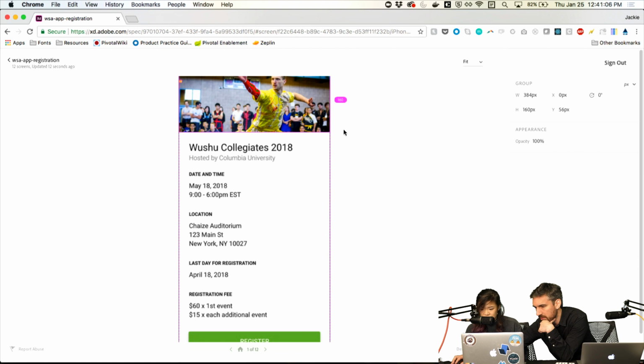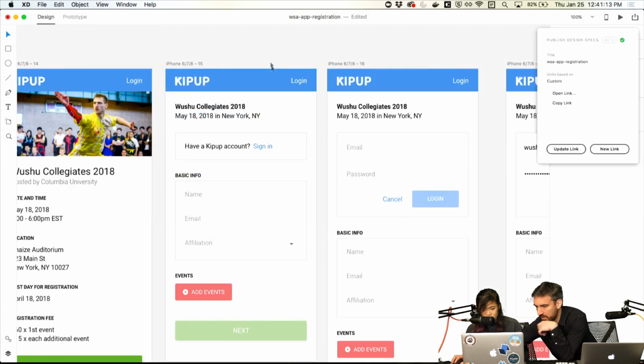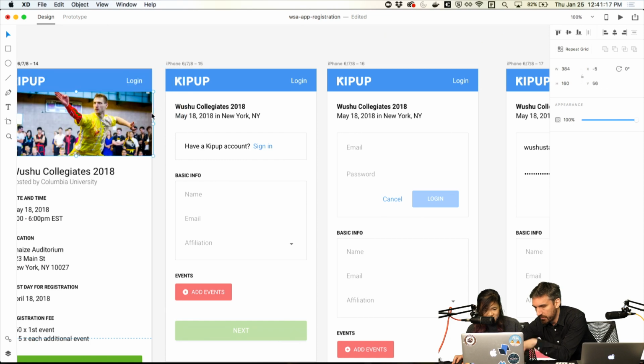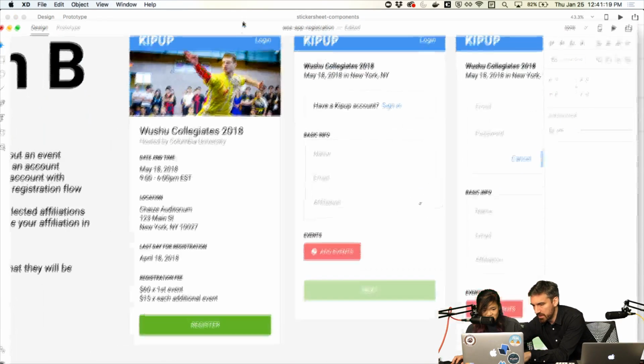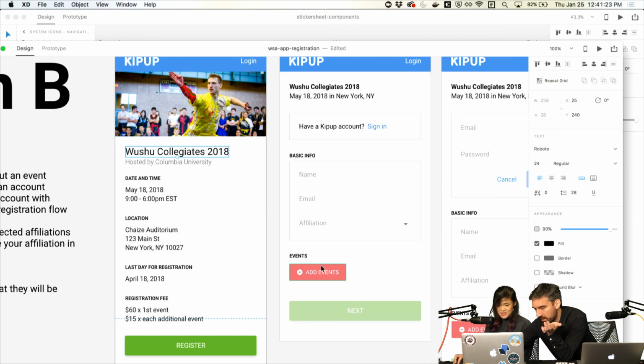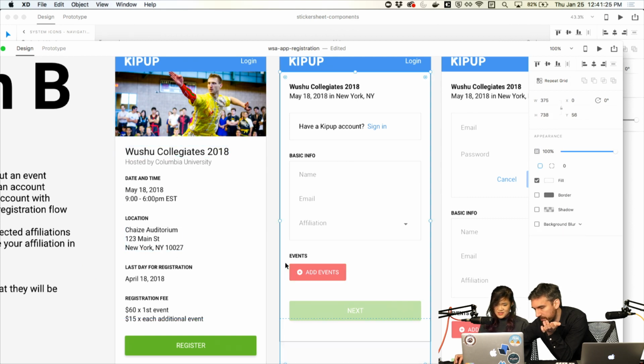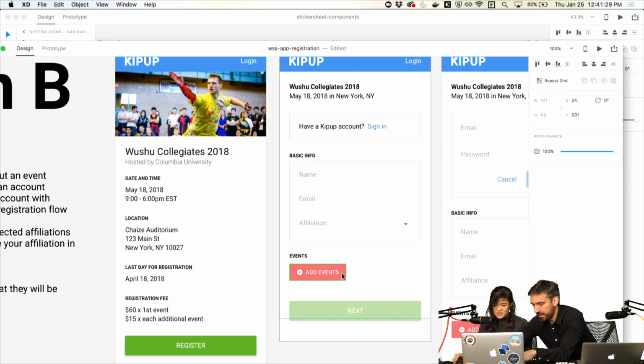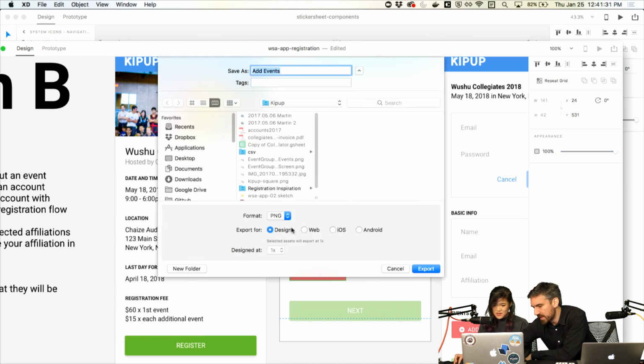Very cool. And then to export the assets, today you cannot do it in the browser. I think the team is working on it. This is something that should come. But in the meantime, what you can do is select anything on the screen, even this group. Let's pick this group for instance. And you can do Command E, and it will just export this button as a PNG, SVG.